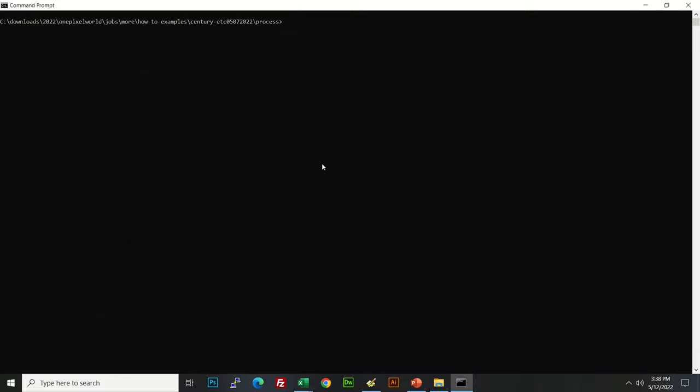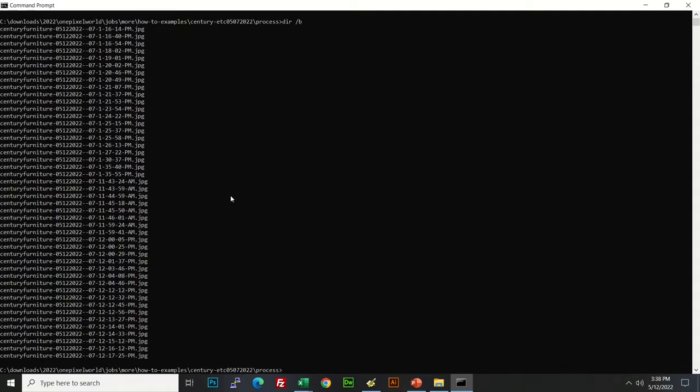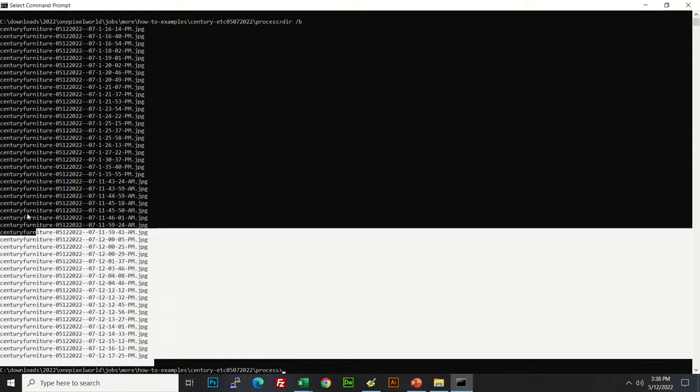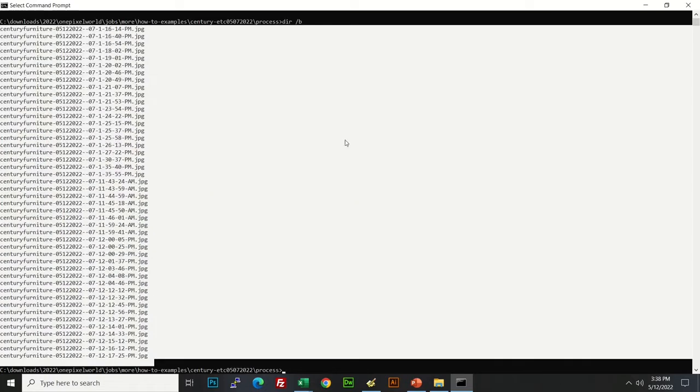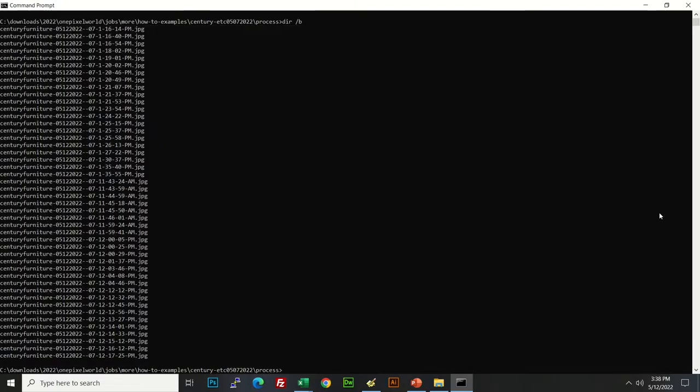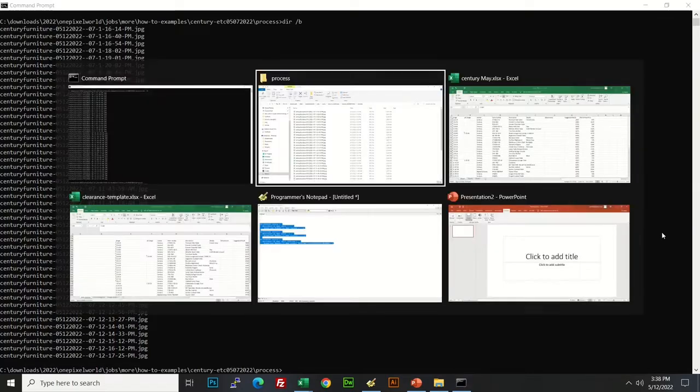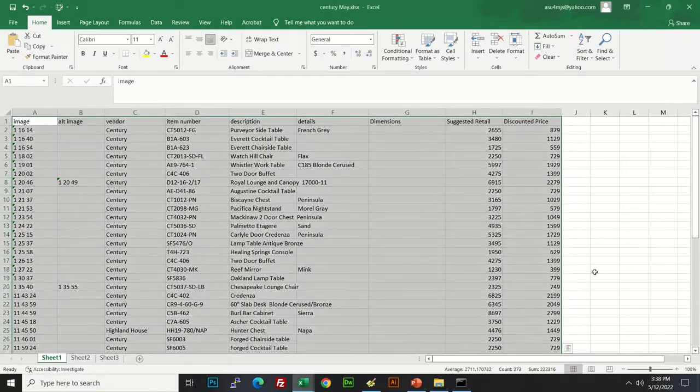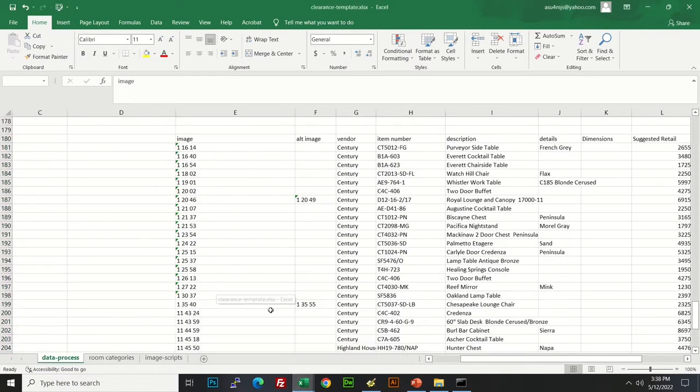At this point, all we have to do is type dir space /b, and you see that we get our list of image names that we now have in our processing folder. Drag over all that, it inverts, highlights to select, and we just push the enter key. That pastes it on our clipboard, and so now we can go back over to our template,